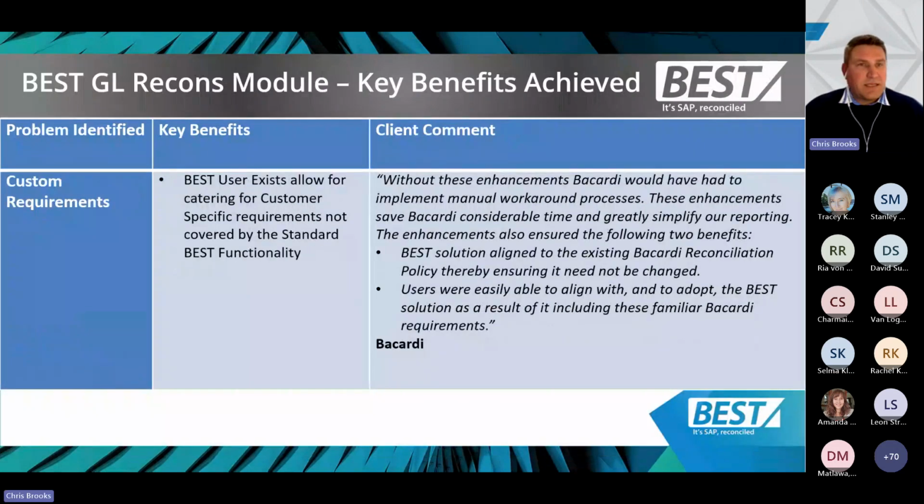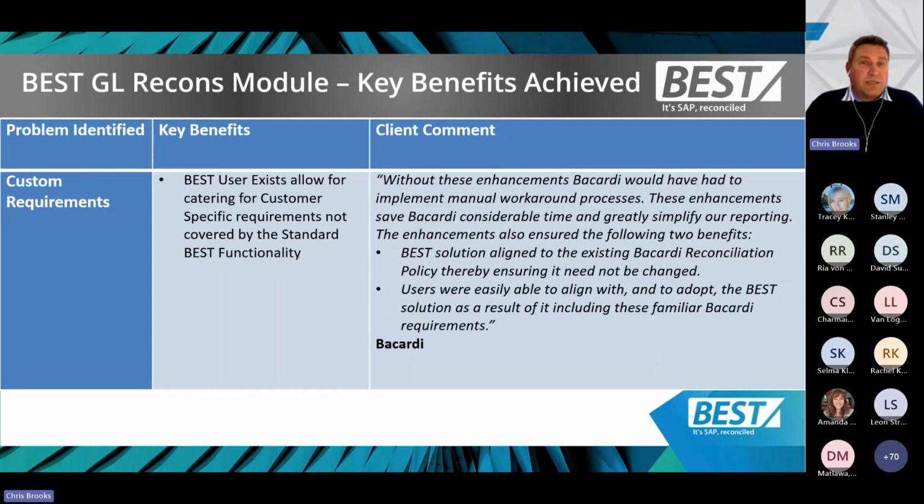Okay, now just looking lastly at key benefits. The last key benefit, from a customer requirement, was that they had certain processes that weren't covered by the standard solution. So they had a custom requirement, and we have the facility to cater for those, using user exits to manage these specific requirements.